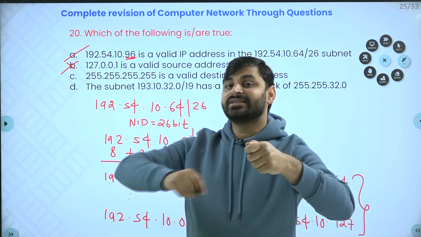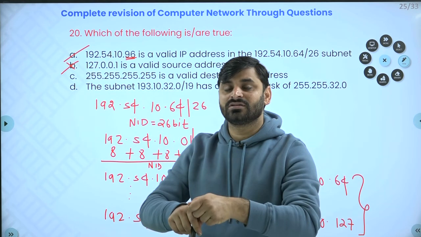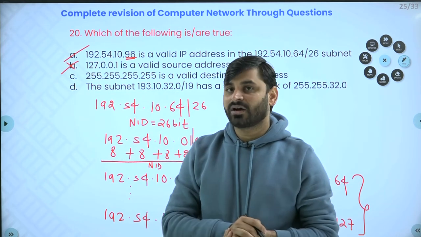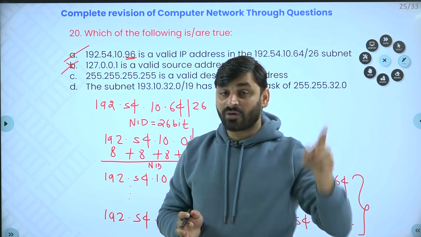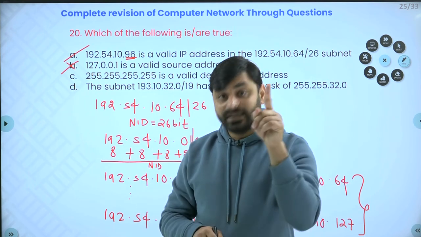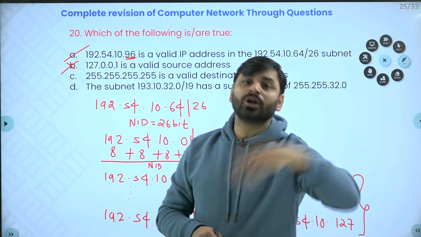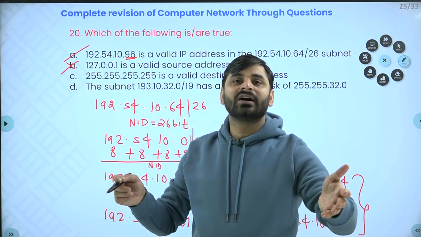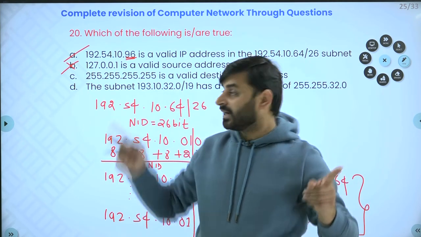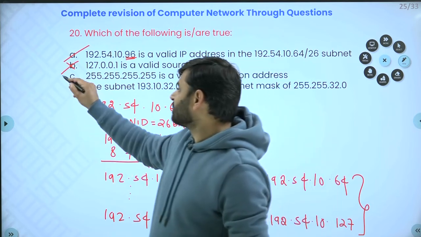Okay. Whenever we are sending a packet from one to all in the same network, this is nothing but a limited broadcast address. And the limited broadcast address and the direct broadcast address can be used as a destination IP. They cannot be used as a source IP, because we can send a message from one to all, but all cannot send a message to one. Are you getting my point? So this cannot be a source address, but it can be a destination address. C is the correct option.